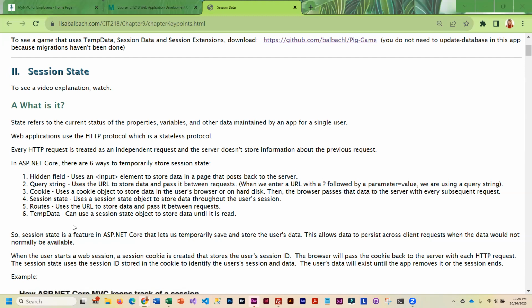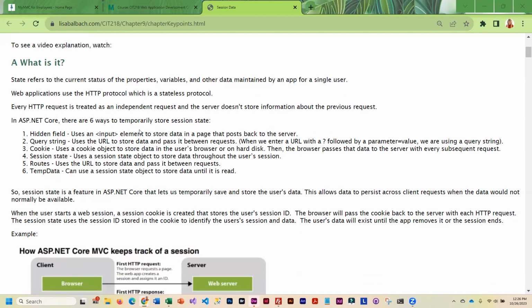And there are going to be times when you would like to store that session data, session meaning your internet session. And there are several different techniques to do this in ASP.NET Core. We've listed some of these techniques, and I think you guys have seen us use some of them already. You could use a hidden field. You could use a query string. You could use a cookie,